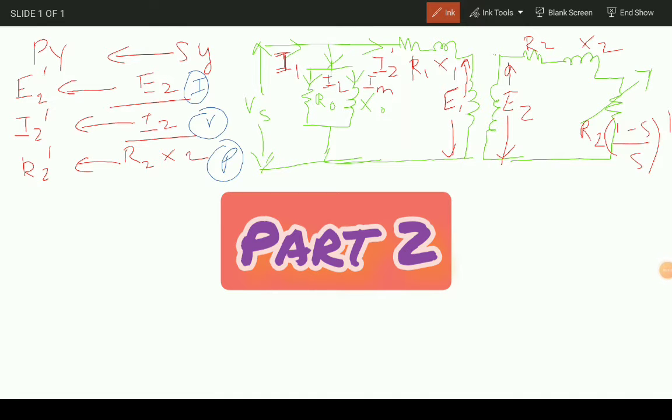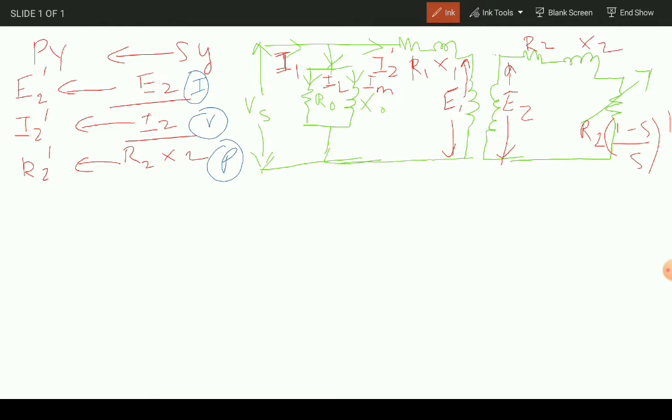Hi, today I am going to teach you part 2 of the three-phase induction motor equivalent circuit diagram. Till now we have seen in part 1 that we have a stator circuit diagram and a rotor circuit diagram. Both circuit diagrams are separate, two different circuit diagrams. Now we want to make it a single equivalent circuit diagram. So we can look at this picture in this diagram.